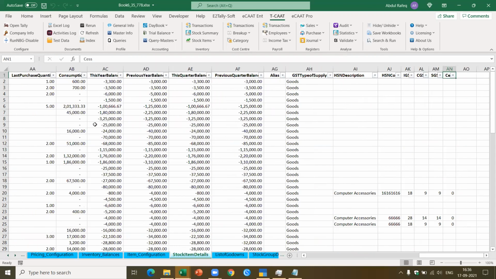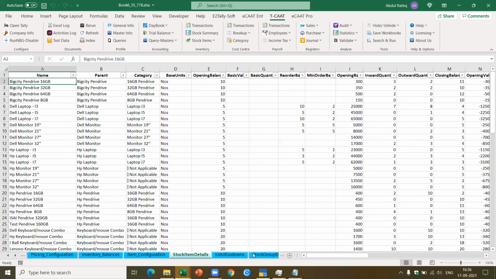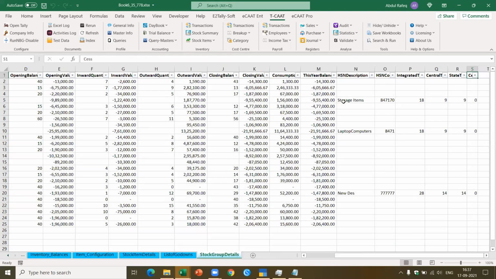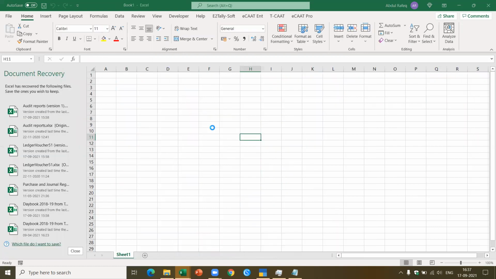All this information available, this is what we added in the new release, which is the HSN details, HSN description, HSN code, IGST, etc. All this information pertaining to all the stock items, you can extract in one go, and you can test how the system has been configured pertaining to HSN or any other matter. It gives me the list of stock items. You also have the list of the stock groups here. For the stock groups also, you got the HSN description. This is the latest one we added. Okay, so this is how you can get the master information.